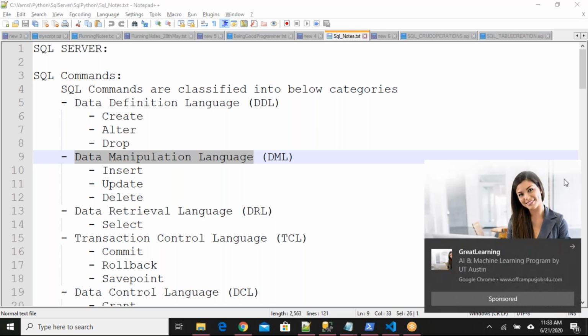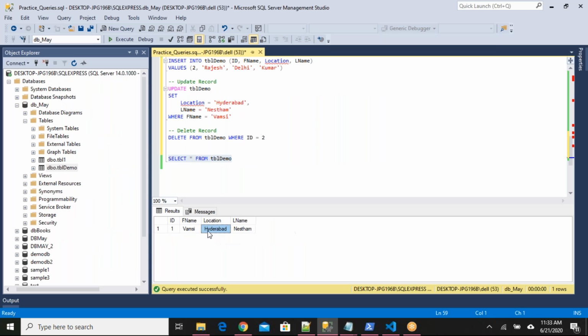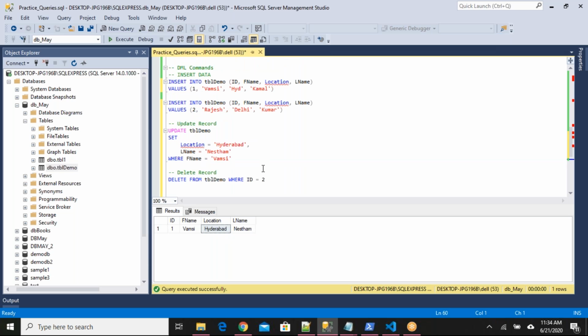Ganesh, when you say one value, for example one location for one record, and you want to delete that location, you have to use the update statement and provide empty data here, an empty quotation mark. That's how you do it.